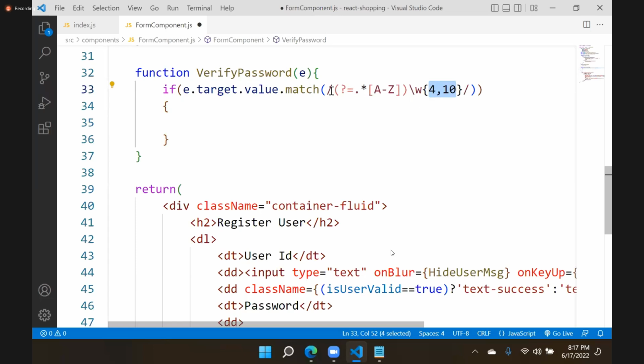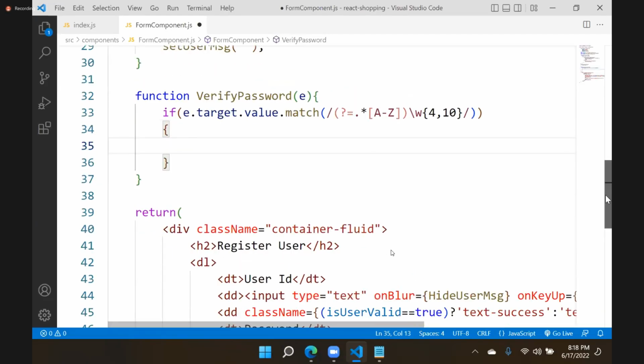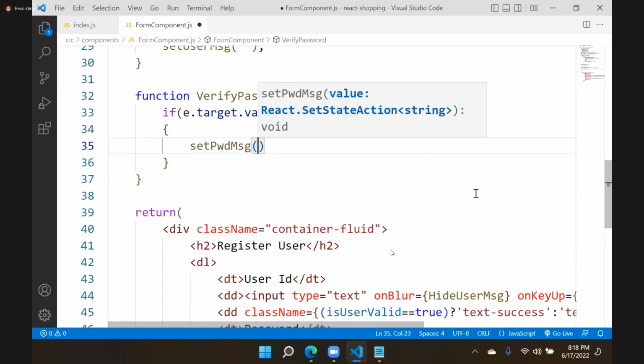And the expression before it indicates that at least one uppercase letter is compulsory. If this regular expression is matching, then what should happen? We will set password message as strong